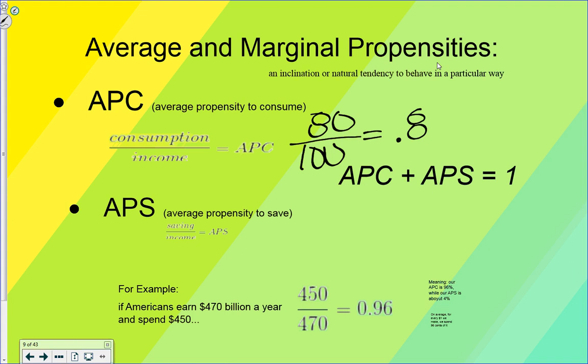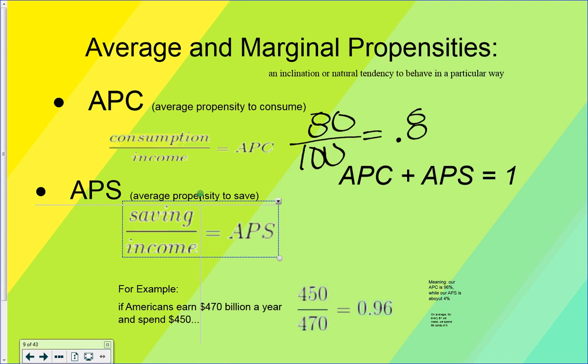How about this? Does anyone have a job? So it's not necessarily finding money. It is earning money, and then of your paycheck, do you spend every penny of it? No. Well, what if I'm around a store? You're around stores, yet you decide to not spend. Let's say your paycheck is only $100, and you spend $80, and your APC is going to be 0.8, but your savings,